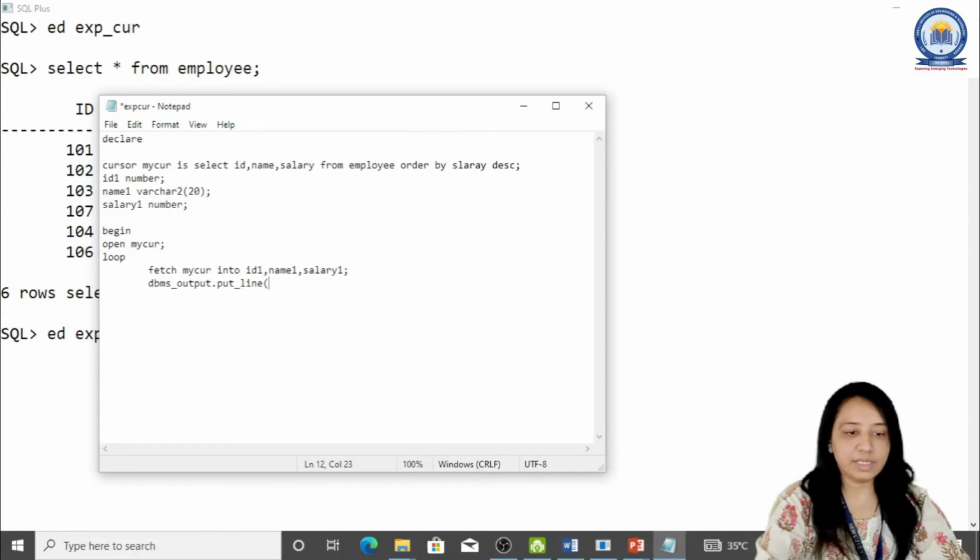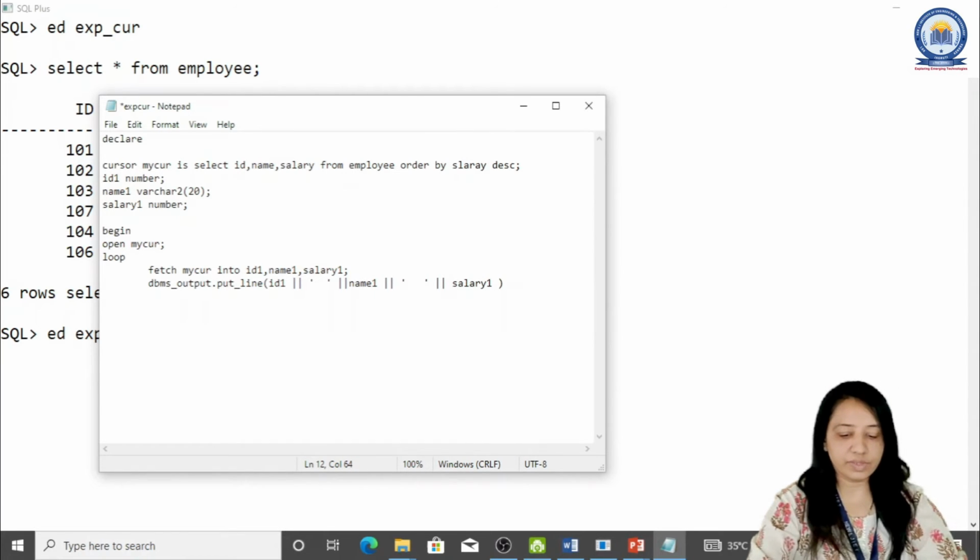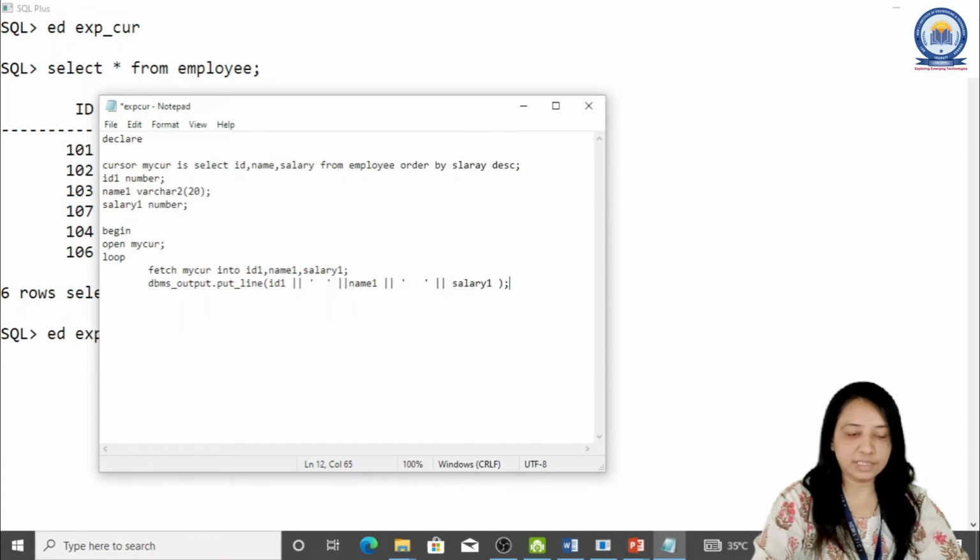In that I'll print these variables: first ID1, then I'll give some space, and then name1, which is just for formatting, and then again salary1. So it will print a simple message, that means ID, name and salary in a formatted way. So it will print the data.